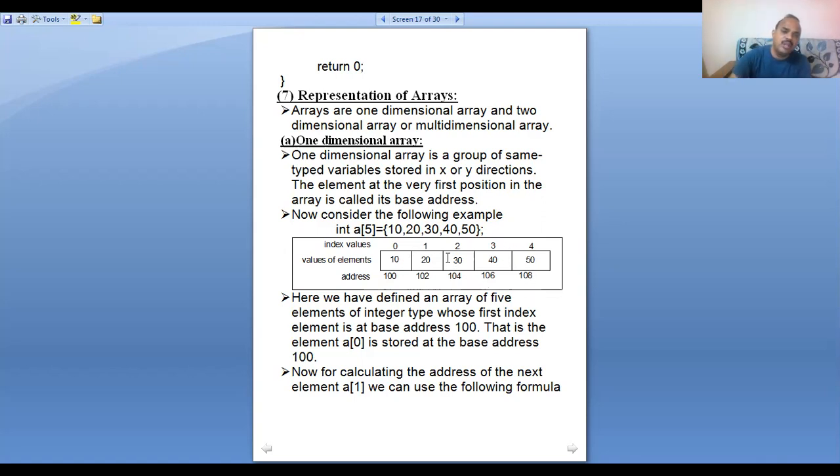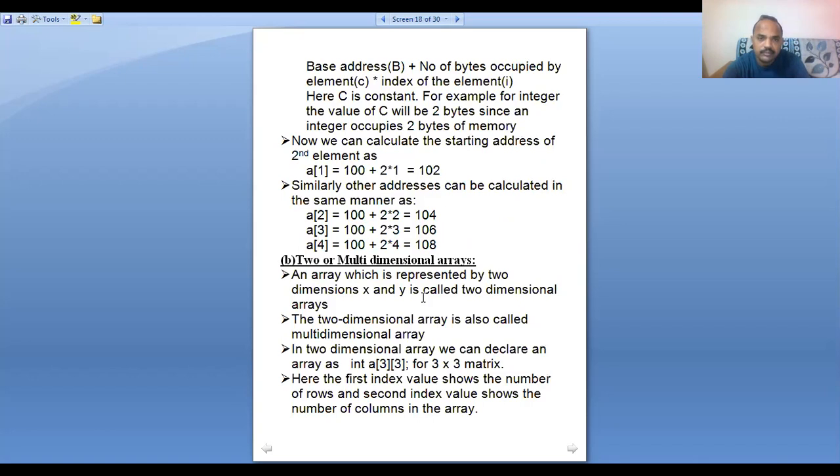Here we have defined an array of 5 elements of integer type whose first index element is at base address 100. That is, the element A of 0 is stored at address 100. Now for calculating the address of the next element A of 1, we can use the following formula: base address 100 plus the number of bytes occupied by an element, C, times the index I. Here C is a constant.